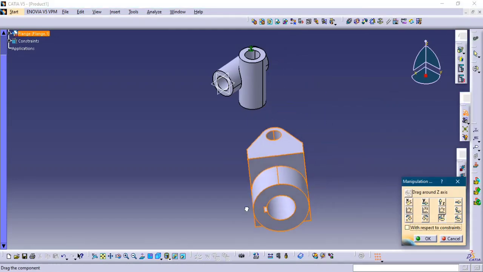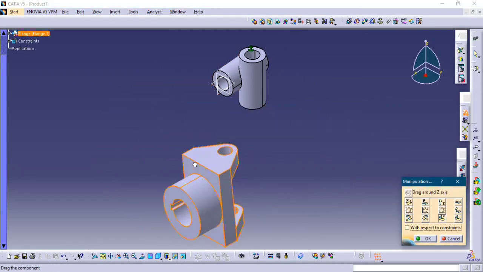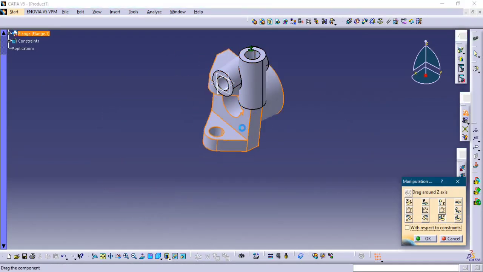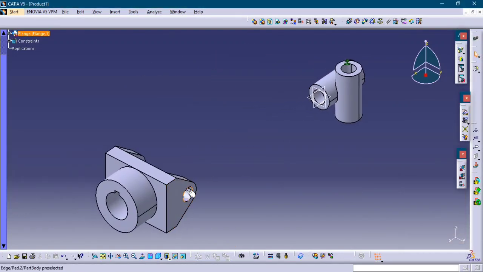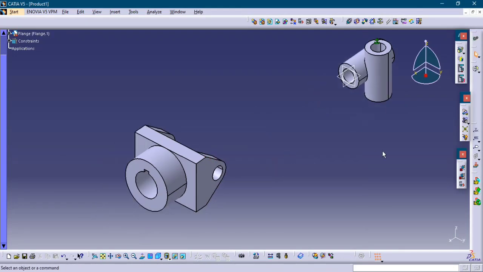Now I'm showing you the degrees of freedom. So it is a rotational degree of freedom. It is rotating about the Z axis. So I'm cancelling the things. Now I want to assemble this hole with the hole of,